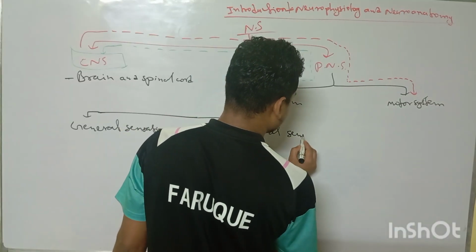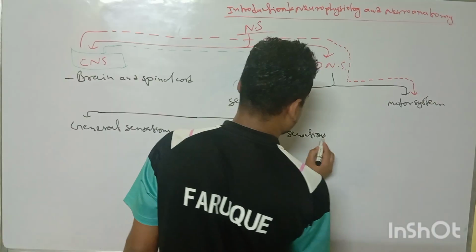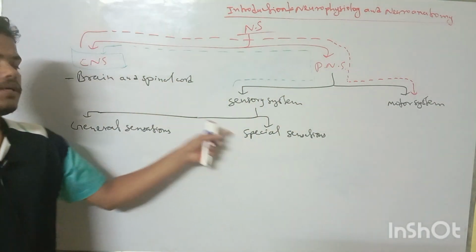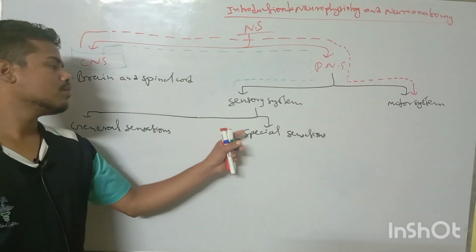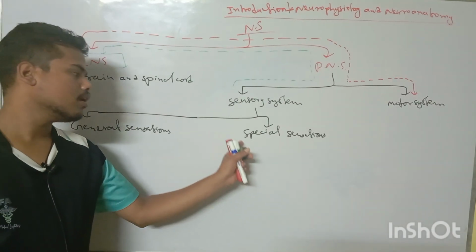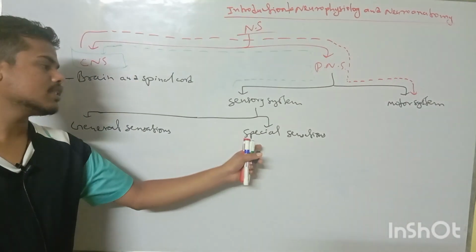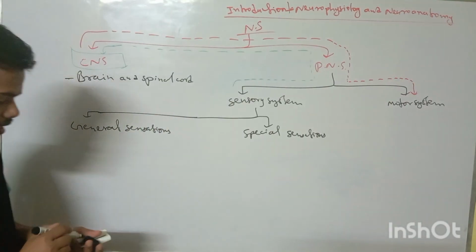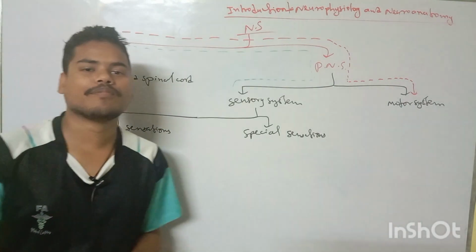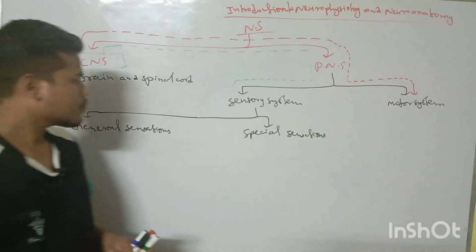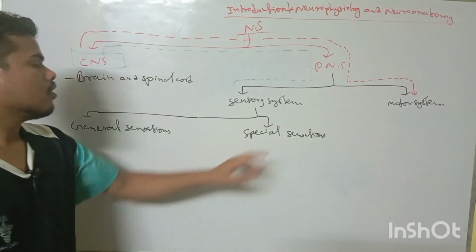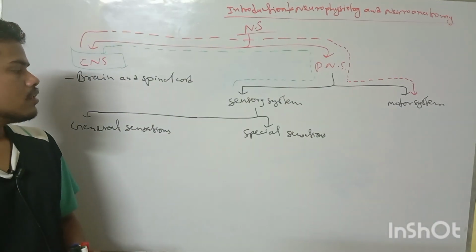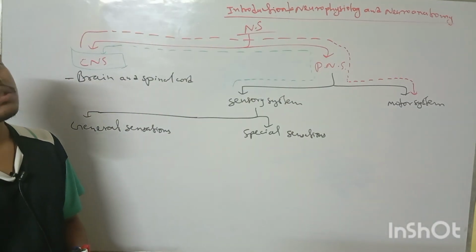Special sensations, this will be by the exclusion method. So I will exclude first the special sensations, and the rest of all sensations will be the general sensations. Now the question is how can you differentiate? Hope you have tried. Now special sensations are those sensations,